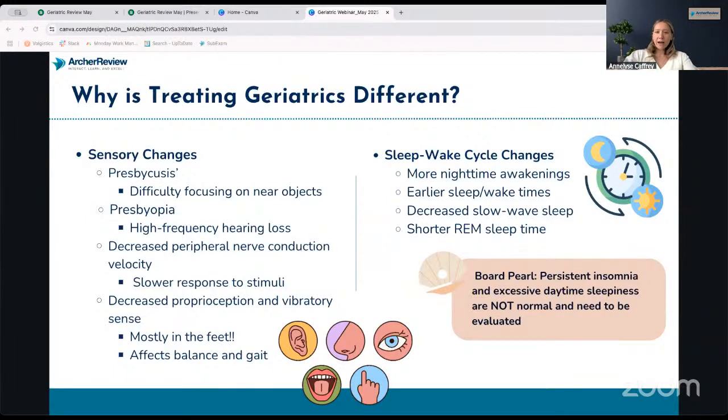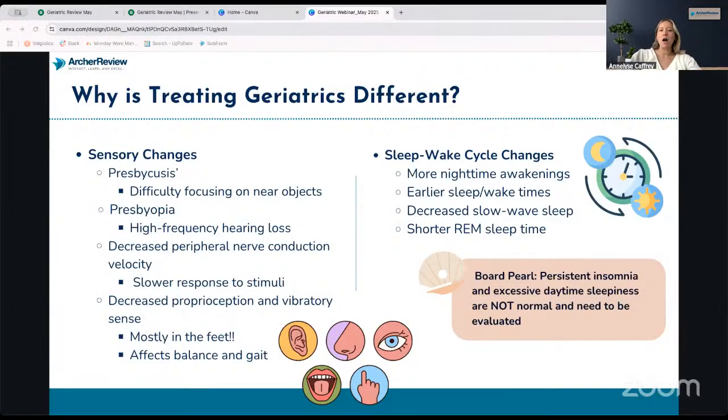Nerve conduction slows down, so they have a slower response to stimuli. Let's say they put their hand on a hot stove. Me at 27, I'm whipping my hand right off. My reflexes are hot. They are going to leave their hand on for a little bit longer just because it's going to take longer for those nerve endings in the hand to travel up the spinal cord, up to the brain and say, hey, that's really hot, and to come back down and say, ooh, lift your hand. Same thing with their feet. It's really important that we teach, especially diabetics who have extra bad nerve conduction in their feet, to check their shoes and never put their feet in hot water, because they're not going to feel it as much as they would when they were young.